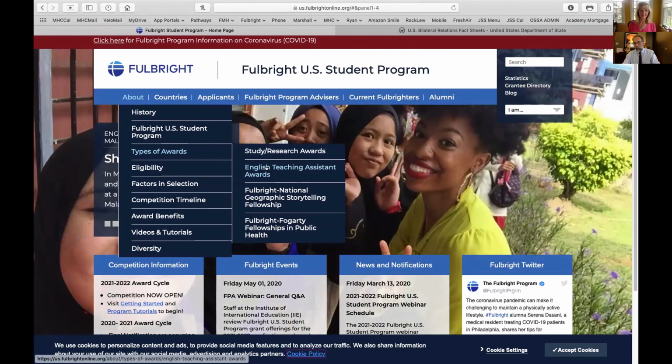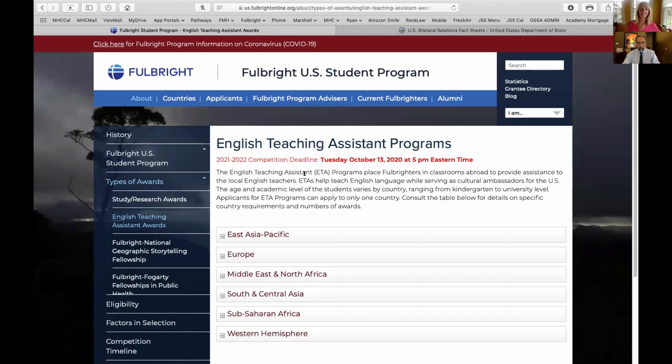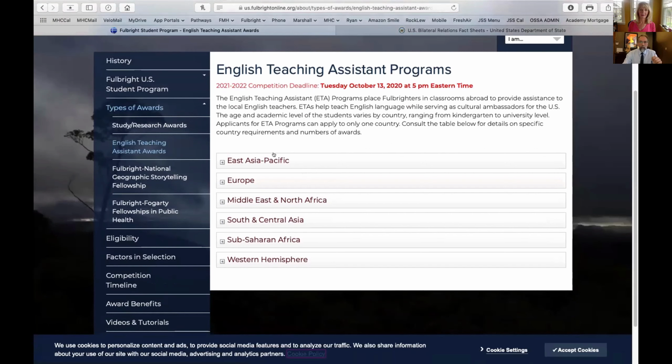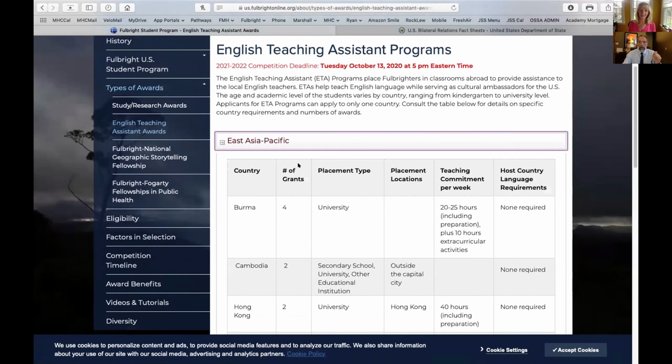But types of awards, we'll go to the English Teaching Assistant Awards section page. And here on the ETA page, under types of awards, you can filter for different kinds of opportunities.